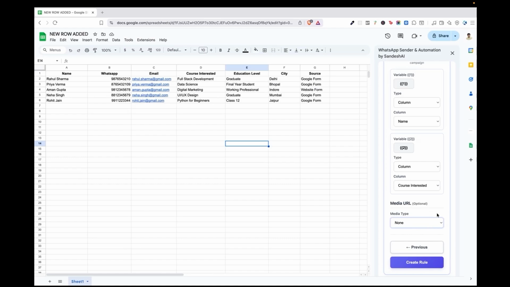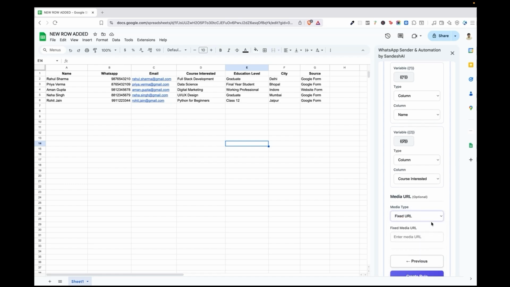If you had selected an image, video or document in the template header, then you would need to add a publicly accessible URL of that media here. You could either map the media URL from a column in a Google Sheet if you want to send a different media to different WhatsApp numbers, or use a fixed URL if you want to send the same media to everyone.